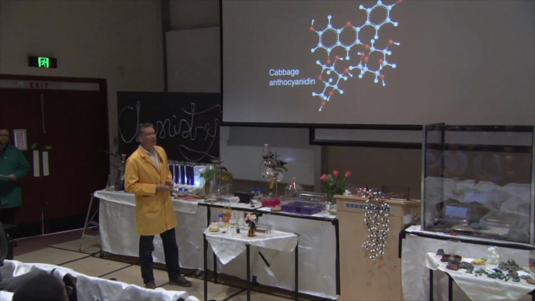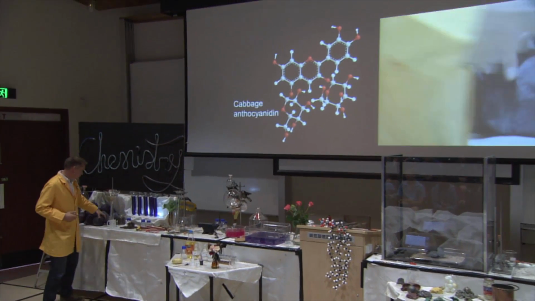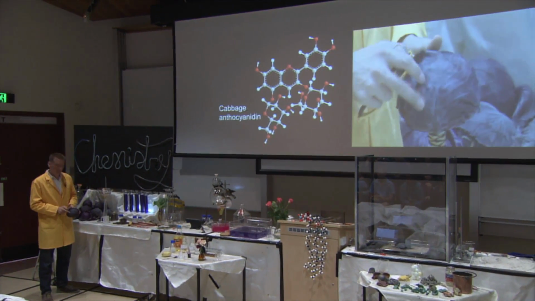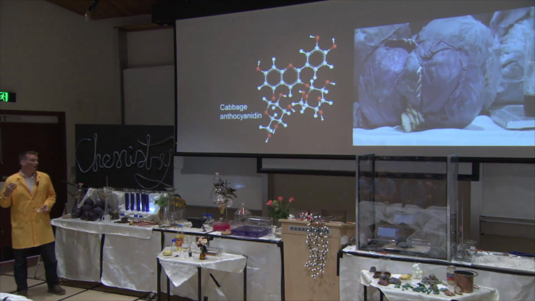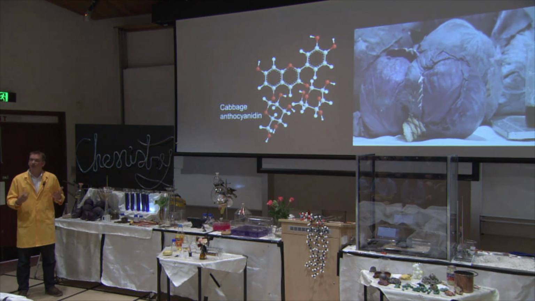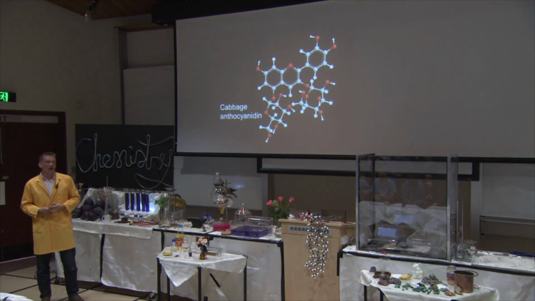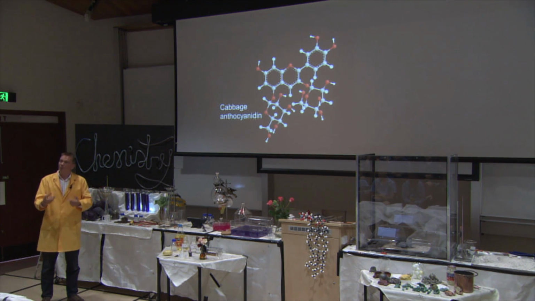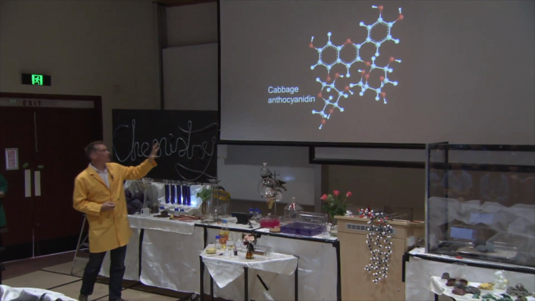This is the structure of one of the pigments that you can find in these beautiful purple cabbages. Okay? So these are called anthocyanins, and these pigments are responsible for many of the colours that we have in certain fruits and vegetables. So, for instance, roses are red because of anthocyanins, or eggplants are purple because of these anthocyanins. Okay, so they're really, really common in nature, these pigments.